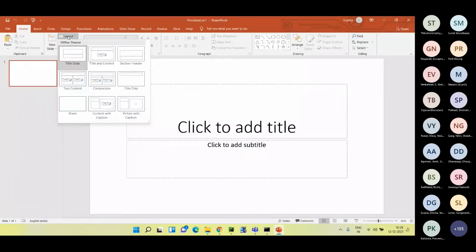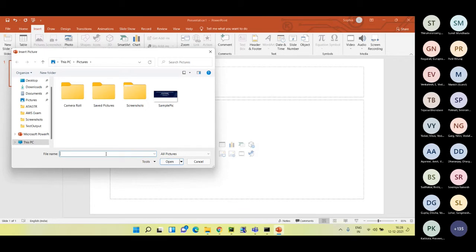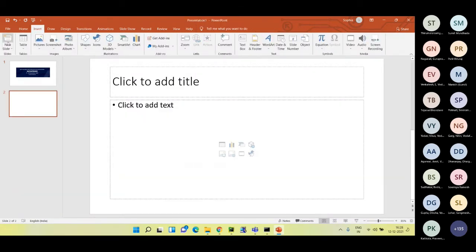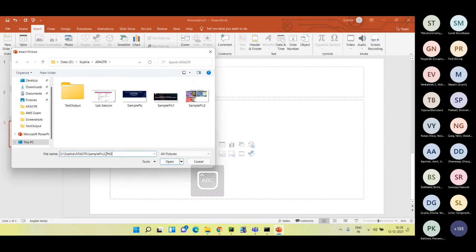So here it's selected blank presentation, the layout is selected, and now it'll go to Insert, select from pictures, put the path here, and click on Open. This path also, as I said, we need not hard code. We can read it from the properties file and insert that value here. So this is the way we have inserted the slide. Again, like in the picture, it is just inserting another sample picture.